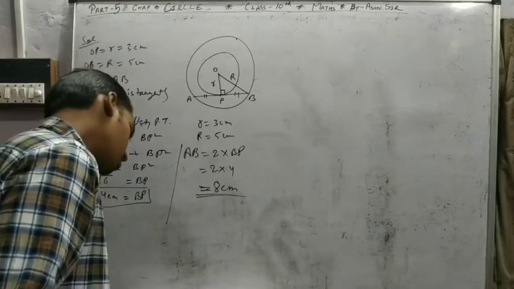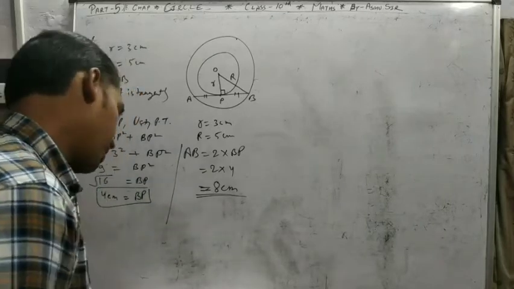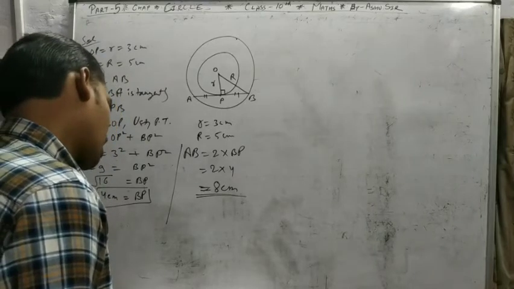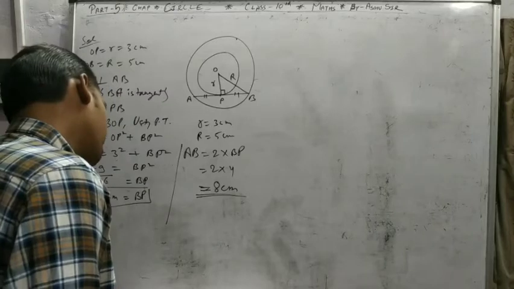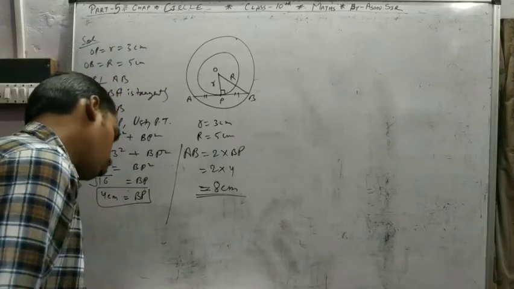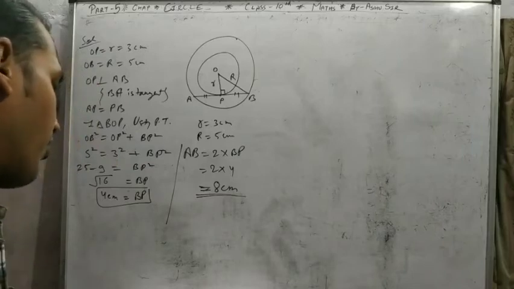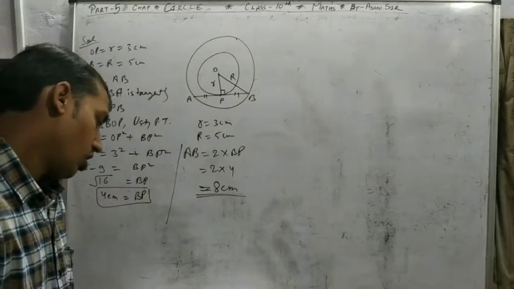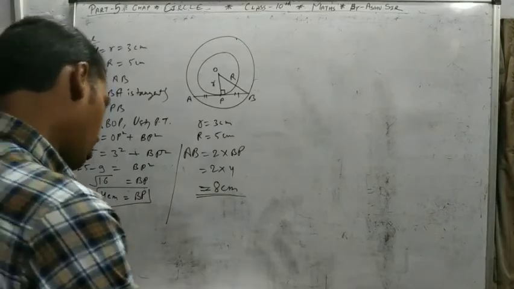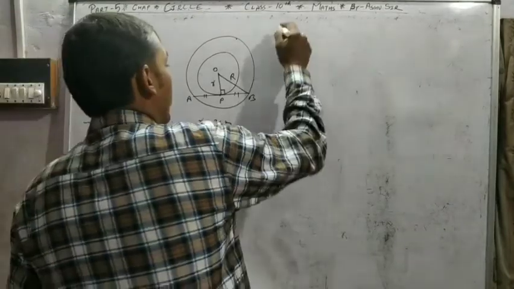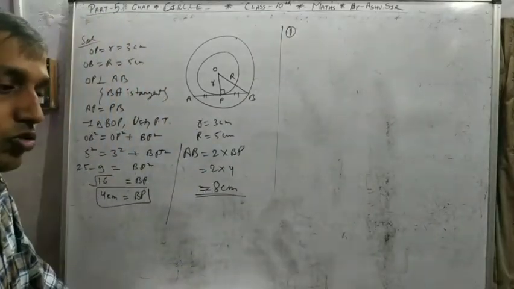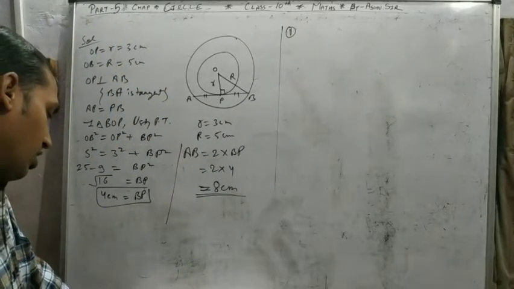A tangent PQ at a point P of a circle of radius 5 cm meets a line through the center O at a point Q such that PQ is 12 cm. Find the length of OQ. Why we explain this question? It's very easy, I know, but only for explaining, because many students draw an incorrect figure and get